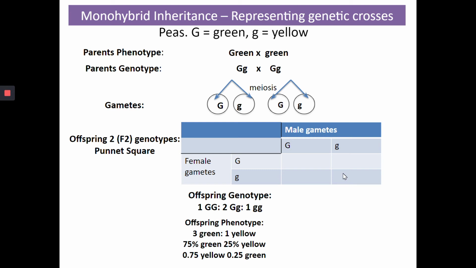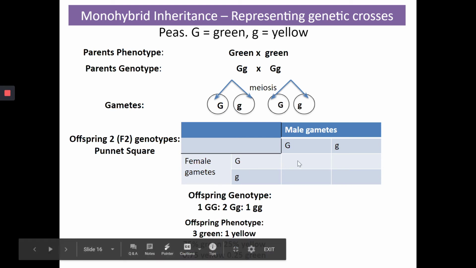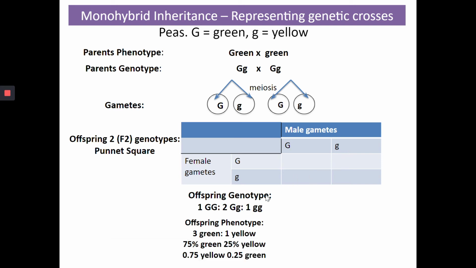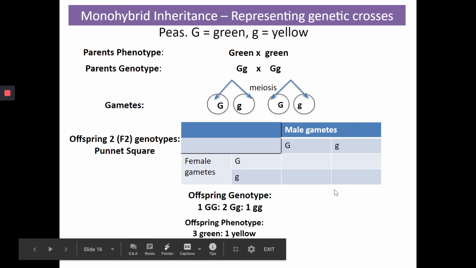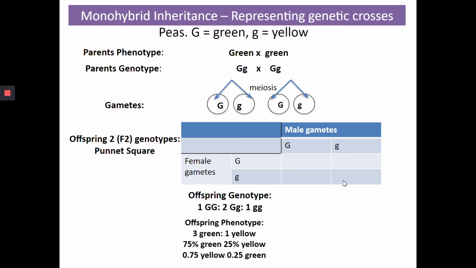So what you notice is genotype wise you are going to get capital G capital G once, or one part. You will get heterozygotes, that is capital G and small g, in two parts, and in one part you will get small g small g. So that means 25% of the offsprings will be recessive, whereas the remaining 75% of the offsprings will be showing the dominant characteristic, because either they are homozygous dominant or they are heterozygous.